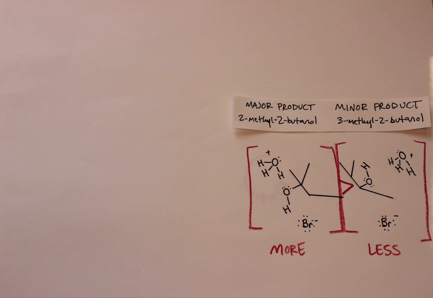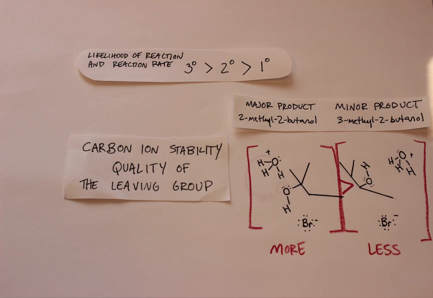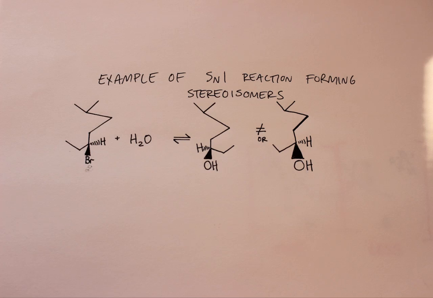In an SN1 reaction, the stability of the resulting carbon ion and the ability of the leaving group to depart determine the reaction rate. Therefore, compounds with more substituted carbons are the most likely to undergo SN1 reactions, with the fastest reaction rates. SN1 reactions proceed in a way that causes the groups attached to the carbon ion to adopt a